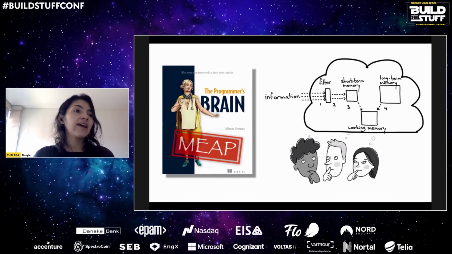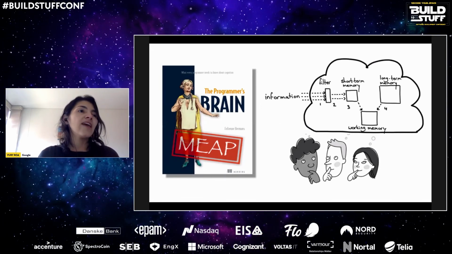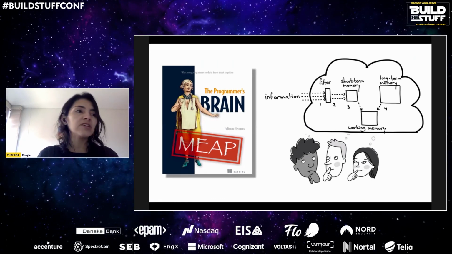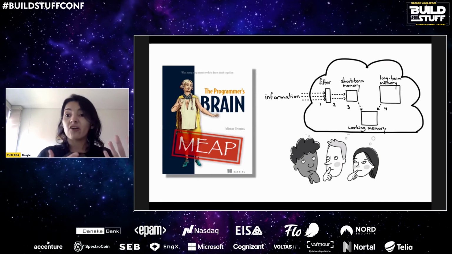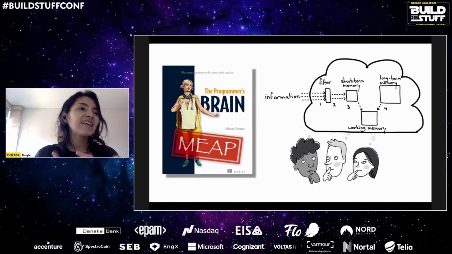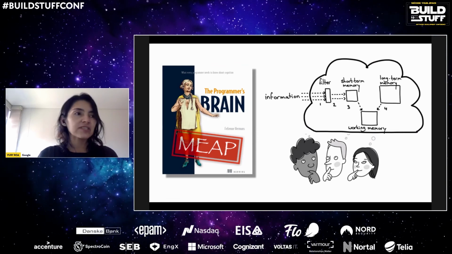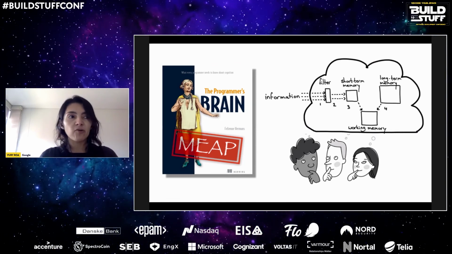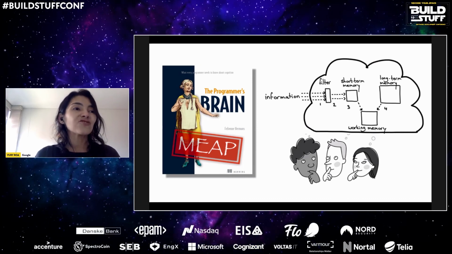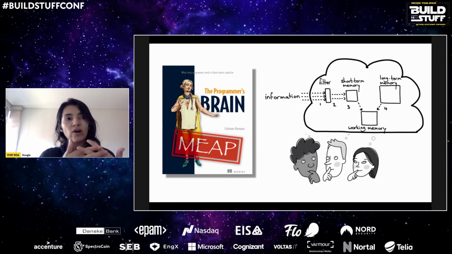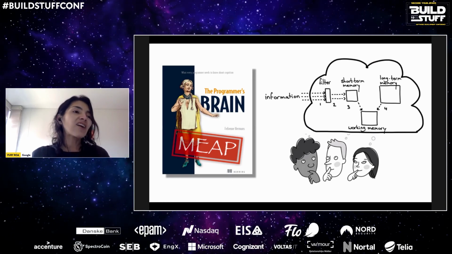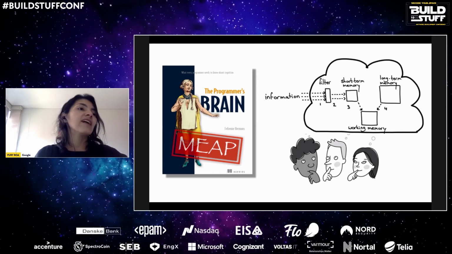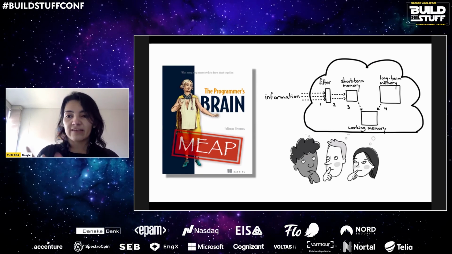Precisely, Felienne, the author of this great book titled The Programmer's Brain, explains how confusion is part of programming. Confusion is related to different types of cognitive processes. A lack of knowledge is related to an issue in our long-term memory. A lack of information is associated with an issue in our short-term memory. And a lack of processing power is caused by an issue in working memory. That is, they are three different types of memory